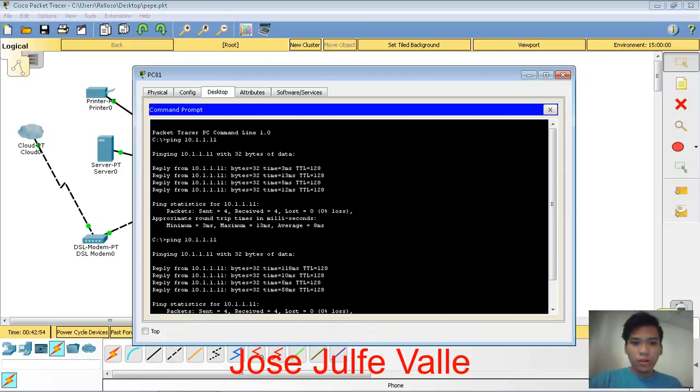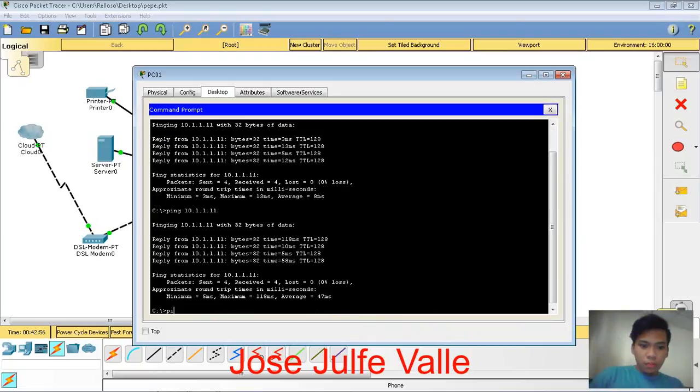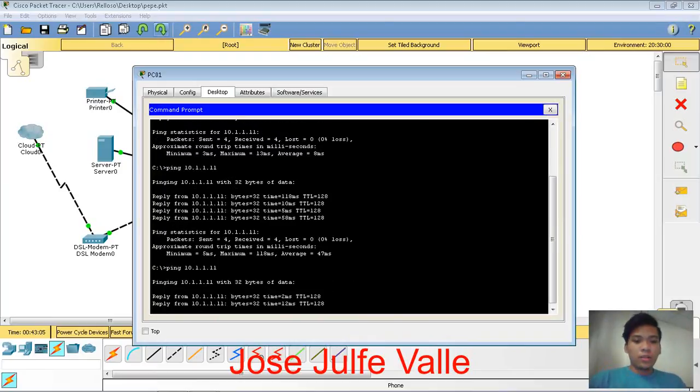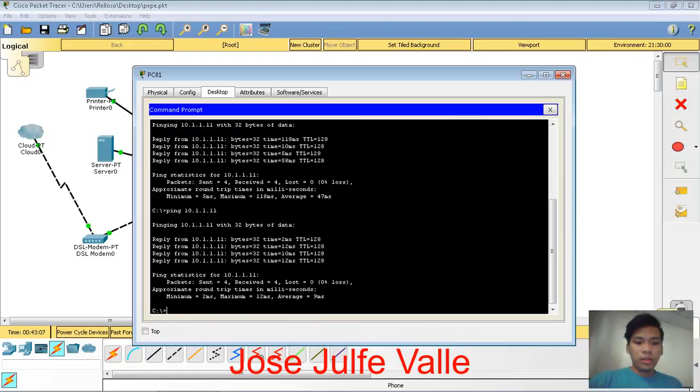Command prompt, ping 10.1.1.11. This it will connect. It means the server is connected.